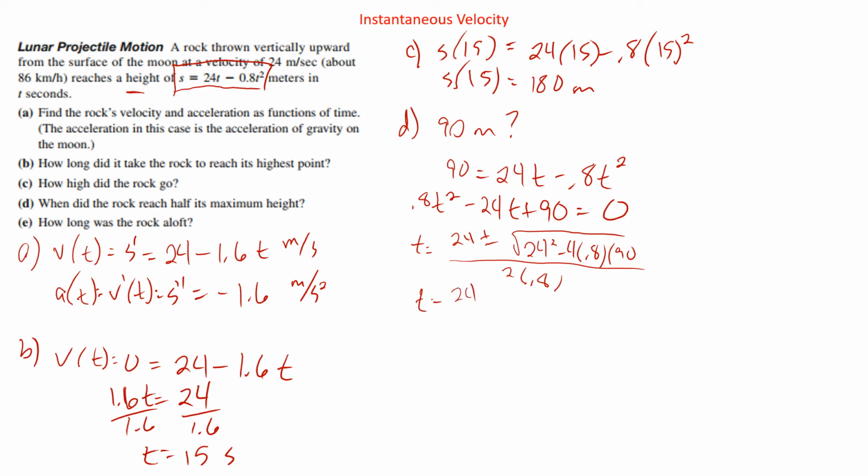So we have 24 plus or minus the square root of 24 squared is 576 minus 4 times 0.8 times 90 is 288 all over 1.6. So that'll be 24 plus or minus the square root of 576 minus 288 is actually 288